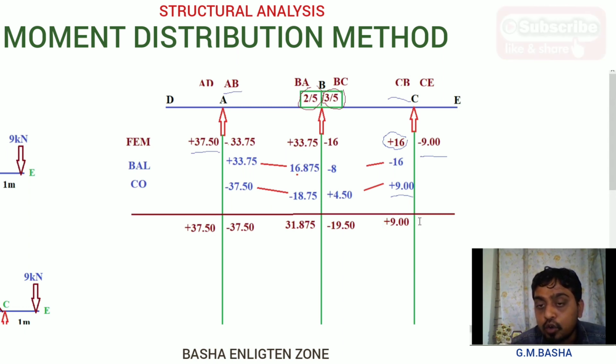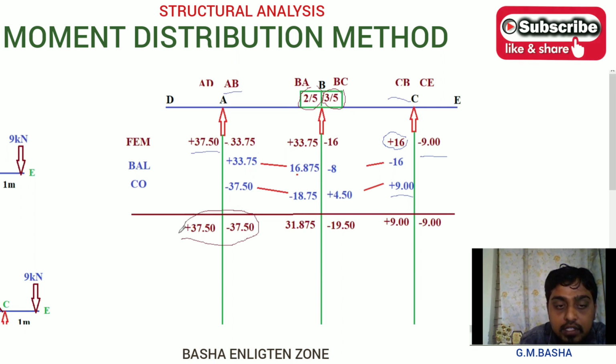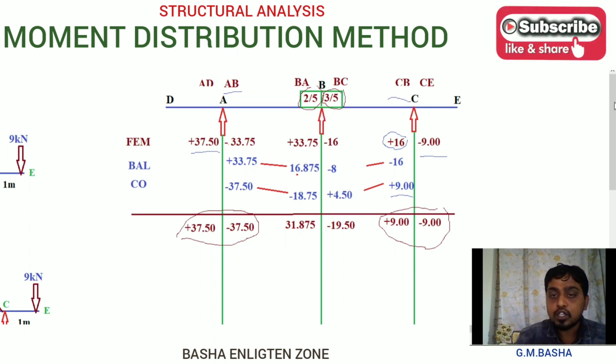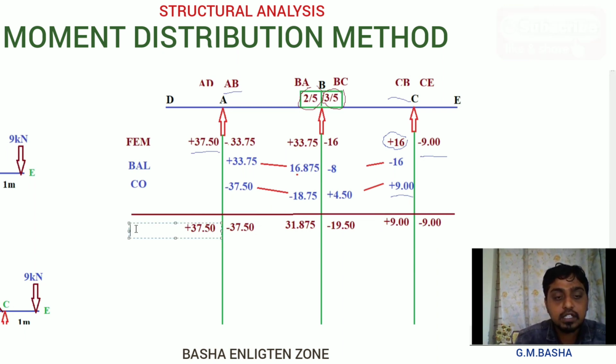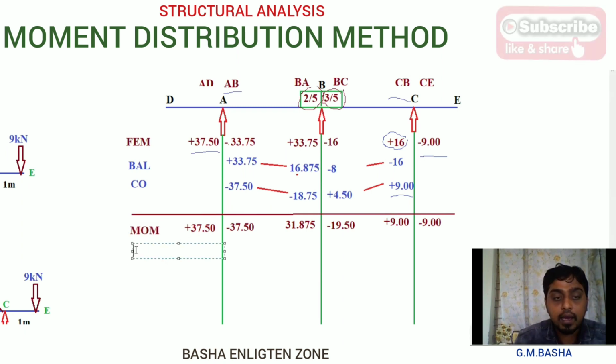If you observe clearly, at the overhanging position at both the AD and AB spans, at that particular joint, both moments will be in the balanced position. Here it will be plus 37.5 and here it will be minus 37.5. Similarly, it will be plus 9 and minus 9, and you don't carry any moment to that overhanging position. Why? Because the moments will always be balanced here, and whatever corrections there are, you please take down for the balancing step only. So all these are the obtained moments. Take that down as the fixed moments or simply as obtained moments. I am taking moments as the reference. Then I am balancing in the next step.